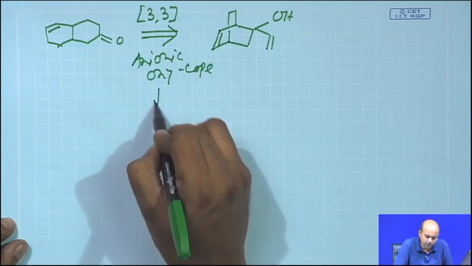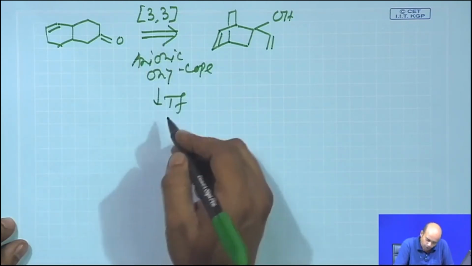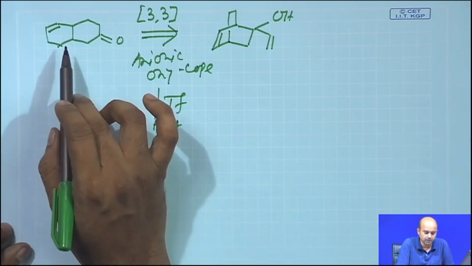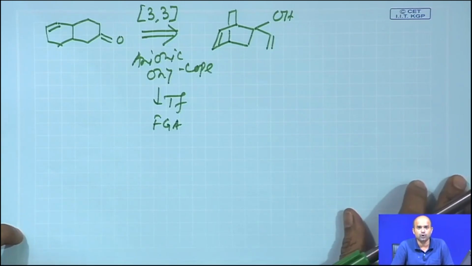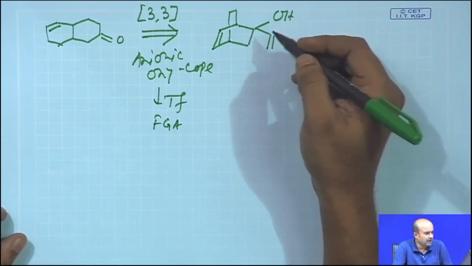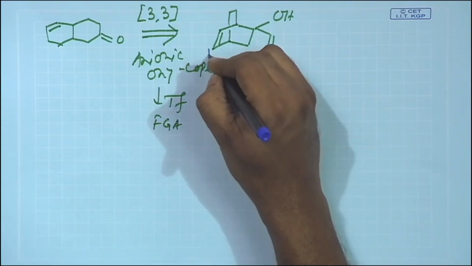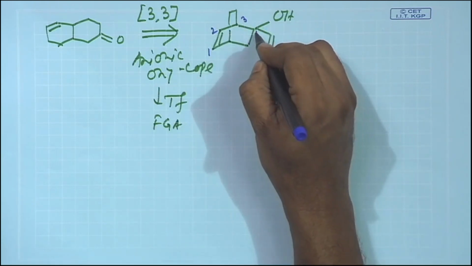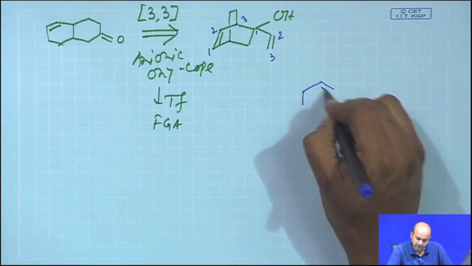So, this is a unique transformation. So, you can call this retro a transformation based thing, or even it is FGA or FGI, because functional groups in the final product and the intermediate have been rapidly changed. Now, what is anionic oxy-Cope rearrangement? It says that anionic oxy-Cope rearrangement is nothing, it is a 3,3 sigmatropic rearrangement. You try to find it out in the network, it is a 1, it is a 2, it is a 3, it is a 1, it is a 2, it is a 3. So, anionic oxy-Cope rearrangement is something like this,